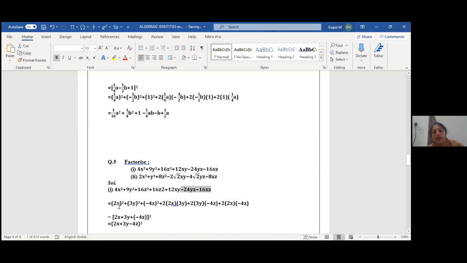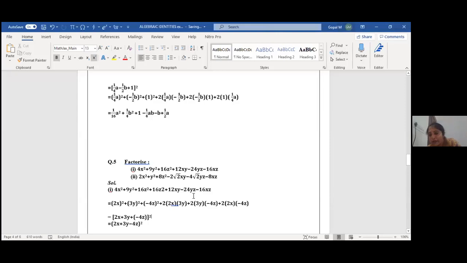Okay, now A square, B square, C square, be clear. We'll apply here and check whether we are getting the question or not. A value I'll write 2x, B value I'll write 3y. We just multiplied. Are we getting plus 12xy? 2 4s are 8, 8 3s are 24... we are getting 12xy. Then you just see 2BC. B value is 3y and C value is minus 4z. You multiply and see, plus into minus is minus, 2 3s are 6, 6 4s are 24. We are getting minus 24yz, no?